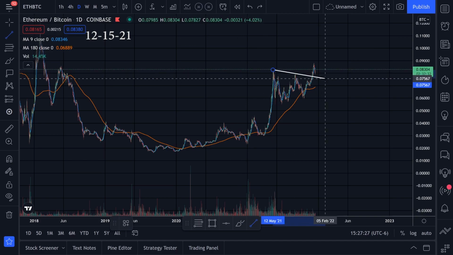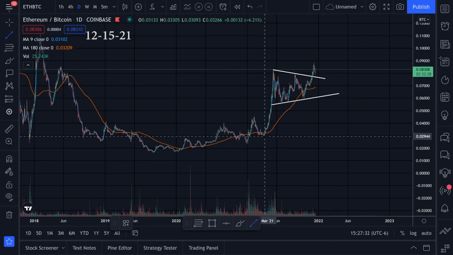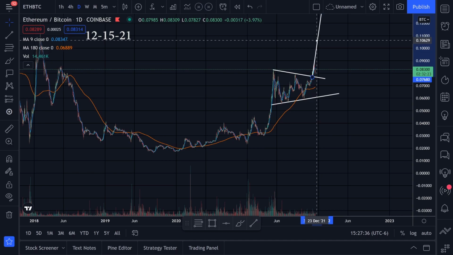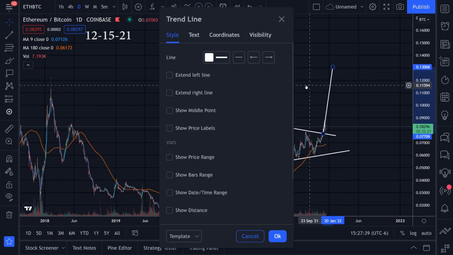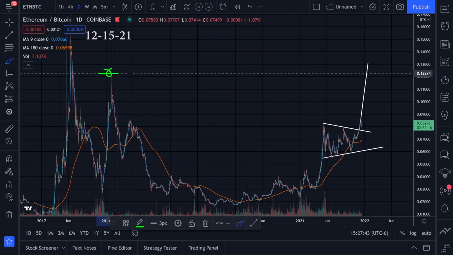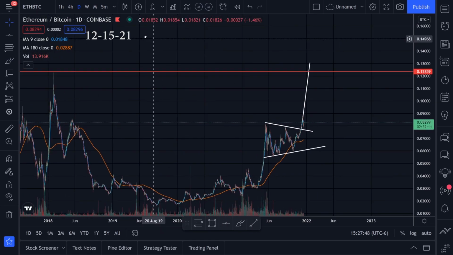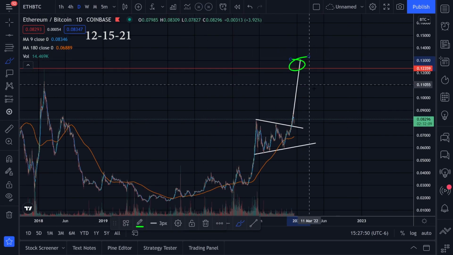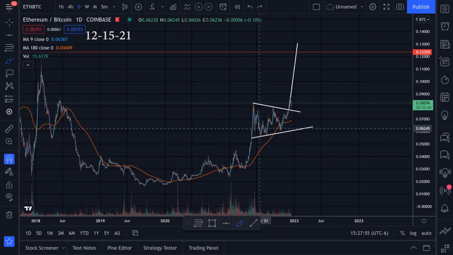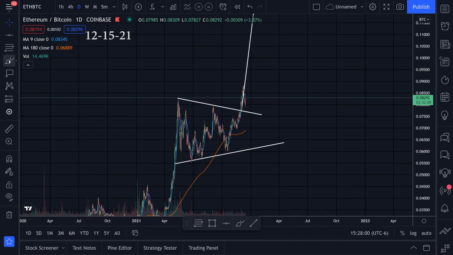Let's set it up real quick. We have something like this, and then we have a bottom like that, and then we drag from the top to the bottom of this flagpole like this, continuation pattern, drag this to the breakout, and we're looking at a target somewhere up here, which in my opinion lines up with this previous top over here. We could do a horizontal red line right here, and this is an area that I've been looking at for a while now, and it looks like we broke this going to the upside.